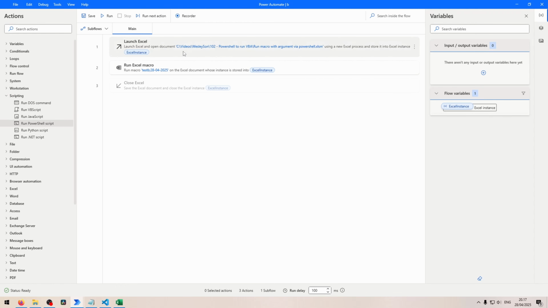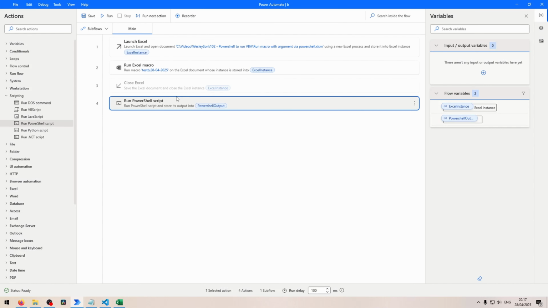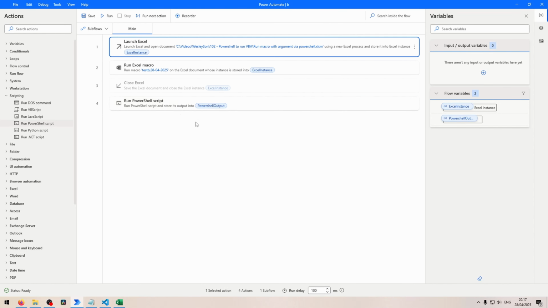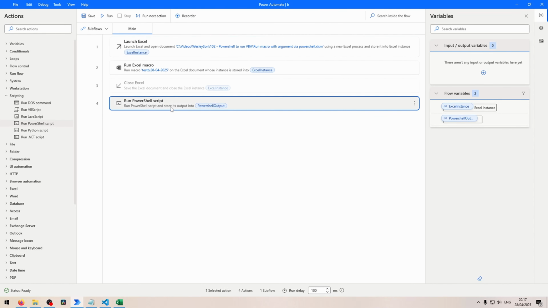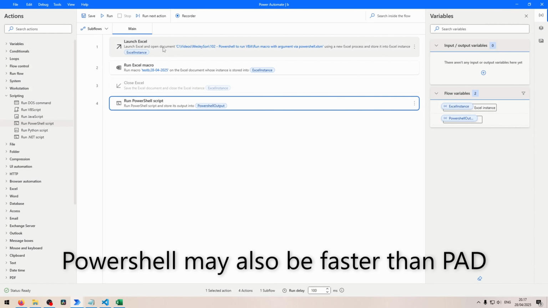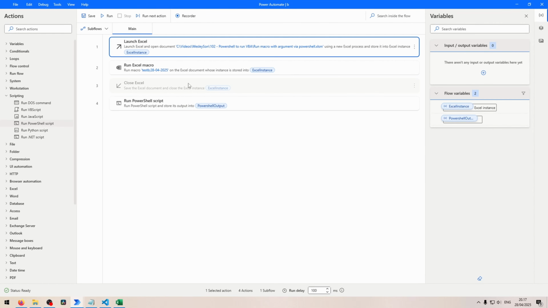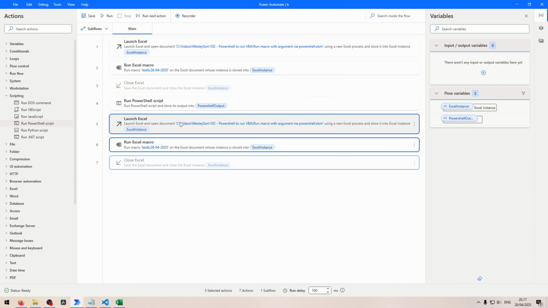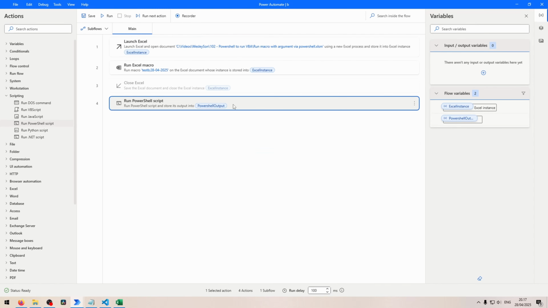Instead of having this be my subflow, I instead want to run a PowerShell script, which I'll write in a moment. This is maybe code you want to store across multiple flows, so you might want to save this at one place and then copy it to all of your flows instead of having to copy individual steps. And of course you can copy multiple steps and add them, but maybe you find this more convenient,